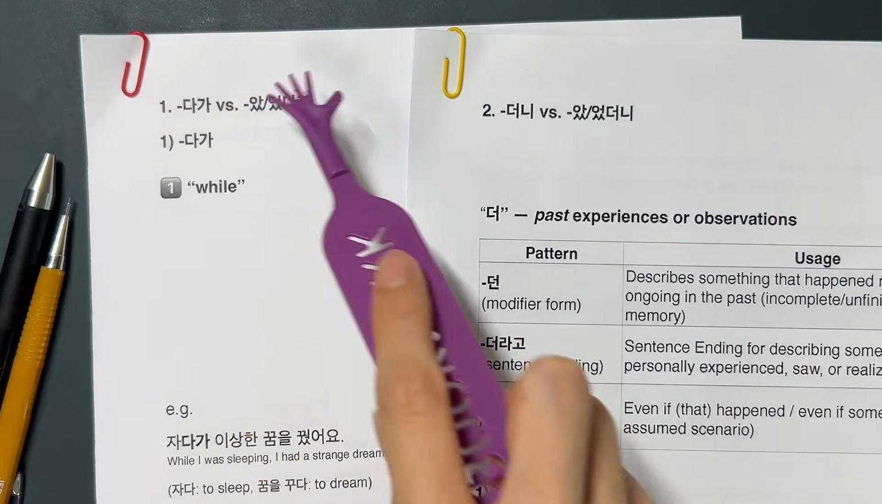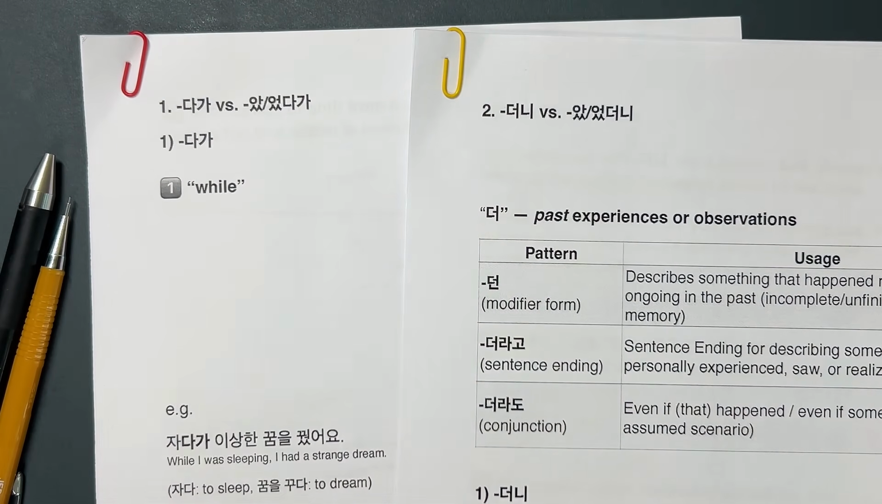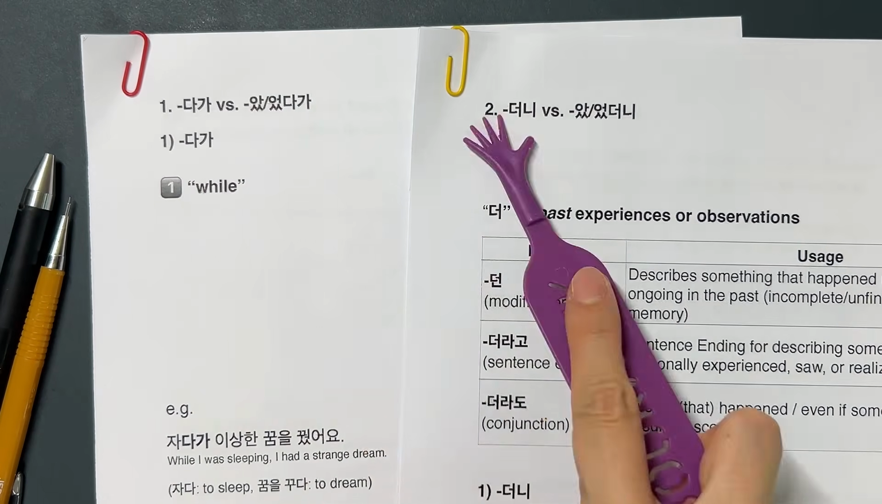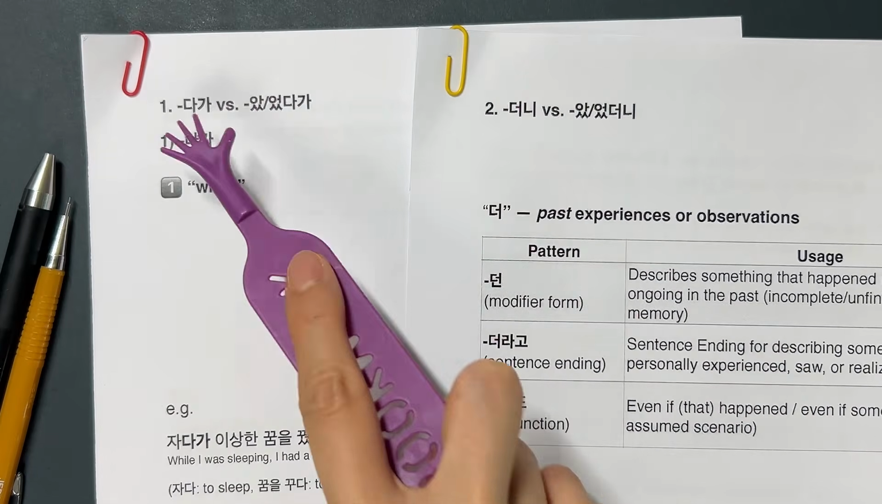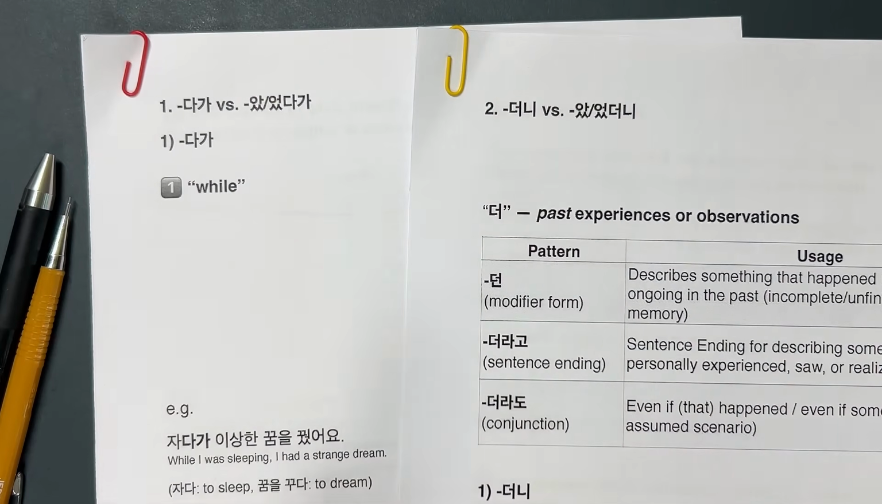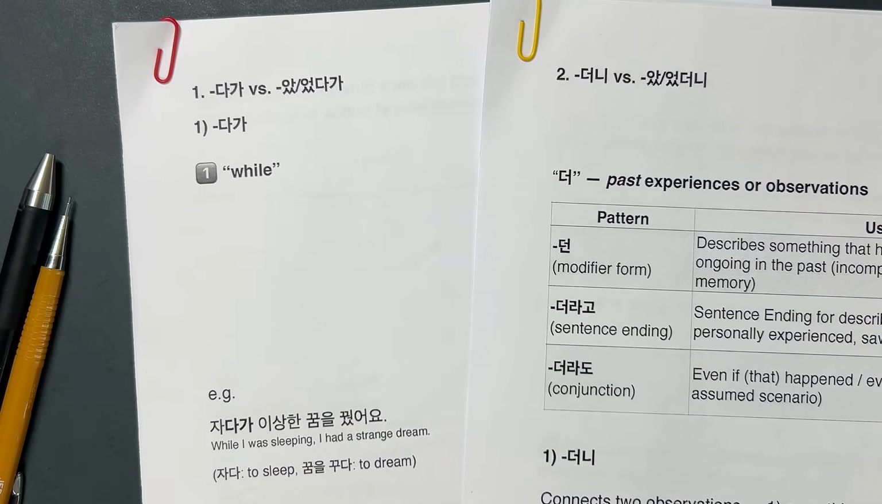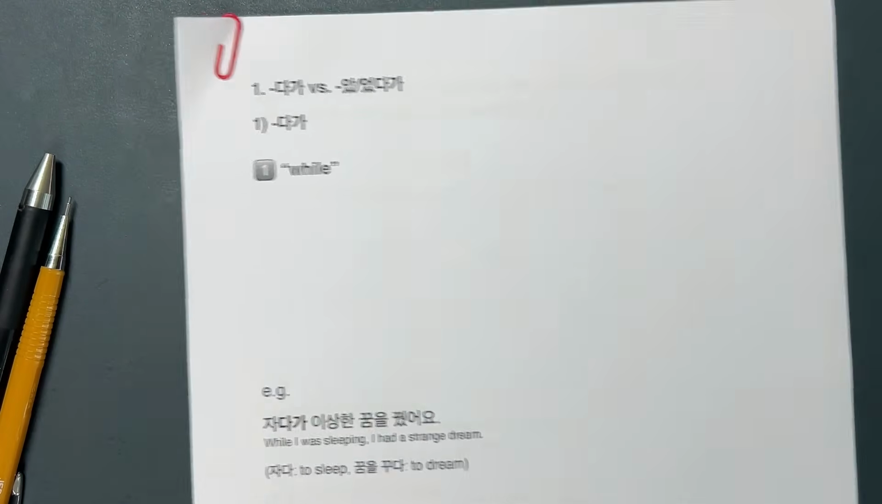I often get requests from intermediate learners to explain the differences between 다가, 았/었다가, 더니, and 았/었더니, because they all don't have a direct one-to-one equivalent in English. And what's interesting is that for each pair, one is just the past tense form of the other, but all four of them express different things. So in this video, we'll dive deeper into learning and practicing how to use them naturally, and we'll start with